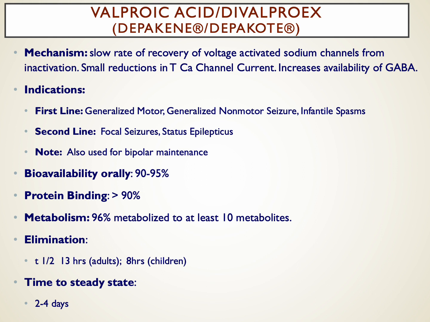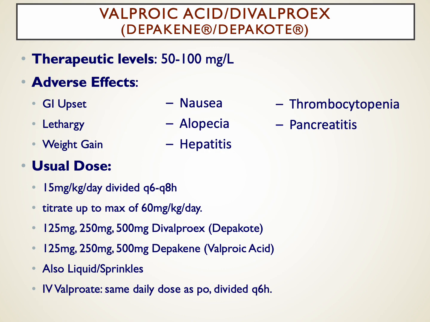It's metabolized pretty extensively. There are a fair number of interactions with valproate, so we'll talk more about those in a little bit. But the half-life is relatively short, so you can reach steady state and get levels for valproate usually within 4 days or so. The therapeutic range for seizure control is usually somewhere between 50 and 100 milligrams per liter. When we use it for bipolar, we usually have to hit the 100 or so range to see efficacy. Sometimes we even need to go up to 125 milligrams per liter in our treatment for bipolar.